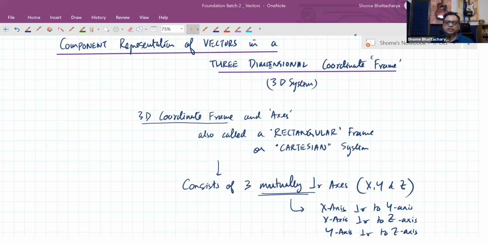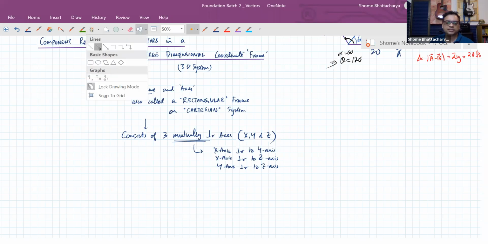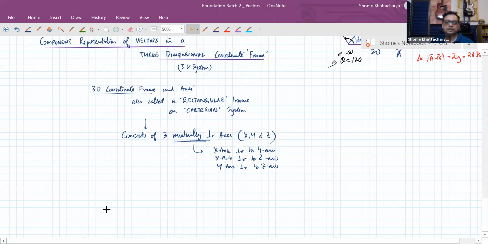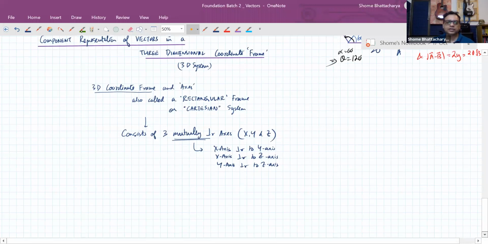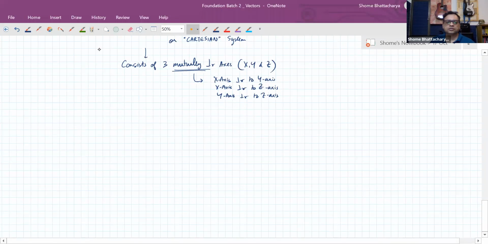Okay. So how can we represent this geometrically? Now this is going to be slightly up to our imagination, because remember we are drawing the diagram on a two-dimensional plane, but we have to imagine that we are drawing three axes or three lines which are mutually perpendicular. So inherently in a two-dimensional space we have to make a three-dimensional diagram. So visualize it like this: suppose this line that I am drawing and this axis which I am drawing are the edges of the front wall in the room which you are sitting in.